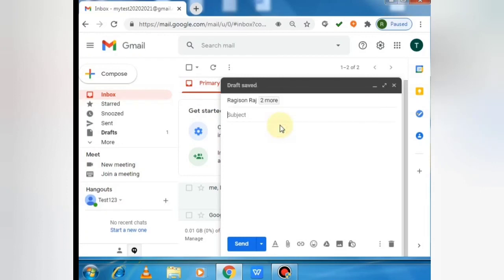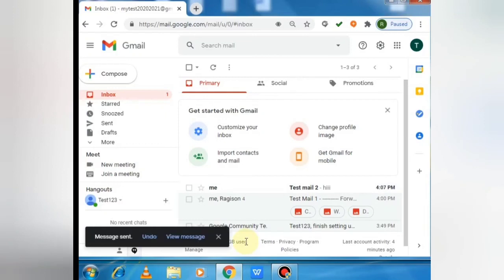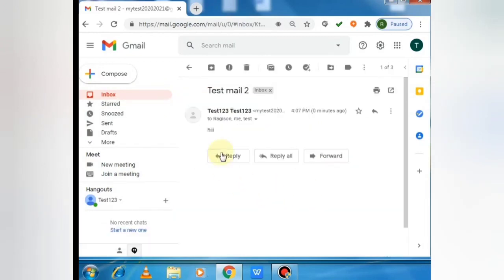Now I am going to send a mail. My test mail 2 will be sent now. We have sent our test mail 2. Then for the body part, you have to type anything of your choice, then send it. That's all. So again a new number has come against our inbox. That is our second message. This is the message we have just now sent.